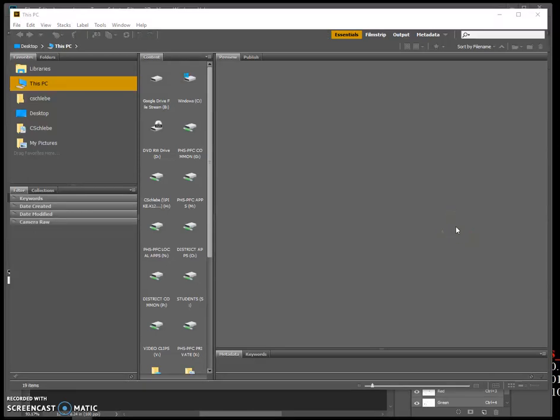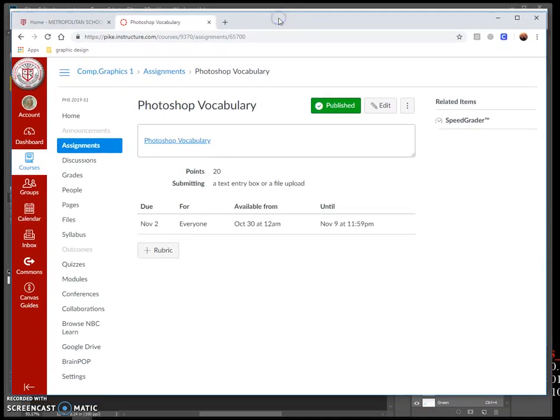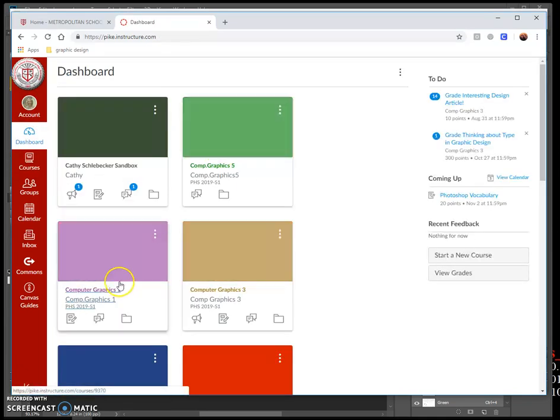We're working with Lesson 8, Vector Drawing Techniques. Remember that there's vocab for this drawing techniques on understanding the difference between vector and bitmap images. You can get to your vocab by going to your computer graphics